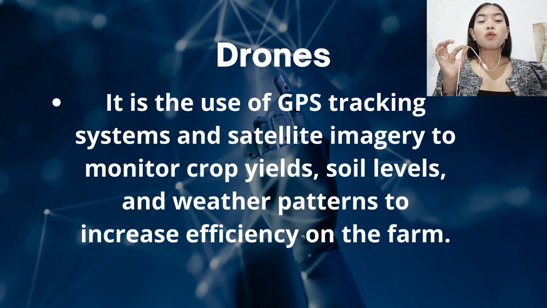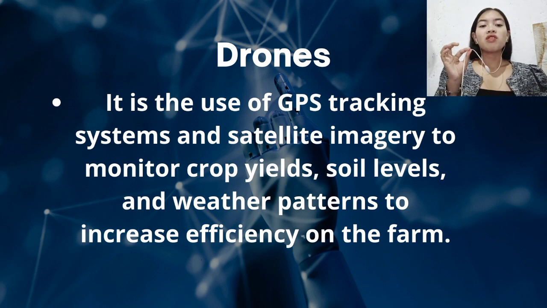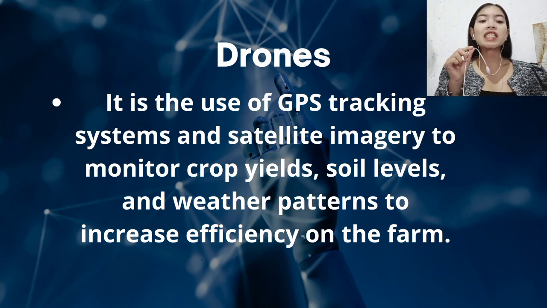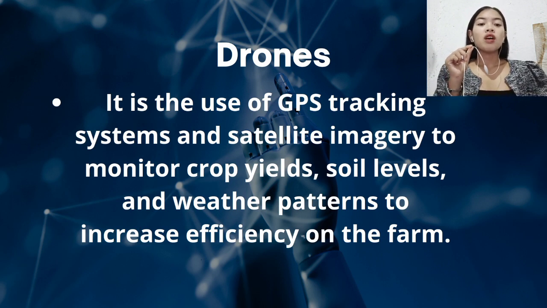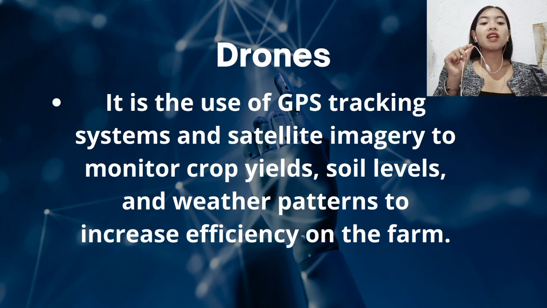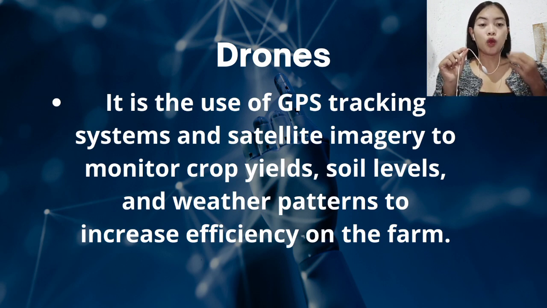So a major way they are doing this is through the use of drones. Of course, these drones can locate and identify diseased or damaged crops and tend to them immediately. So the use of these robots does not eliminate the need for food workers, it helps them be more efficient with their work.